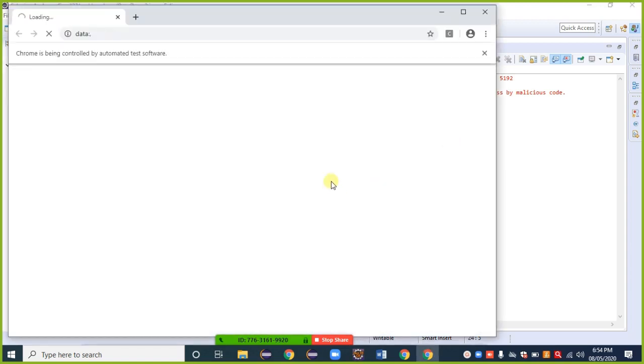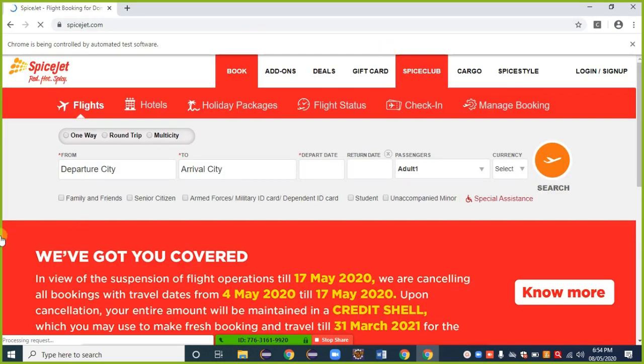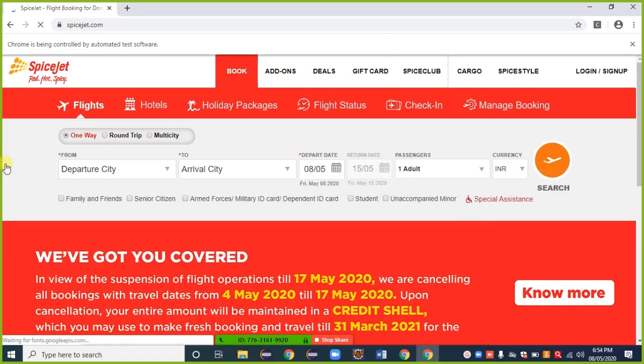Opening browser. Maximize. Opening URL. Here it clicks on the departure city and selects Aurangabad.